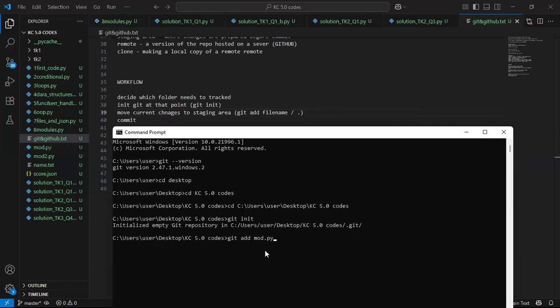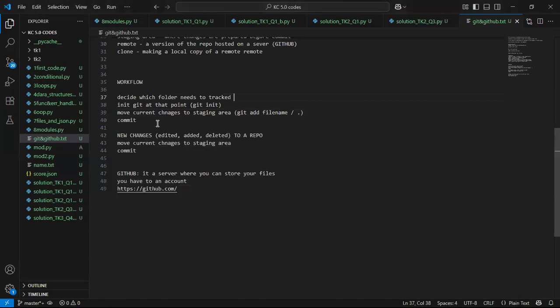Making that file the only file available for snapshots to be taken, right? That's basically what it means. So if I now click enter, that is the only file that has been moved to the staging area. So if I now want to take a snapshot of that file, to take a snapshot, you simply